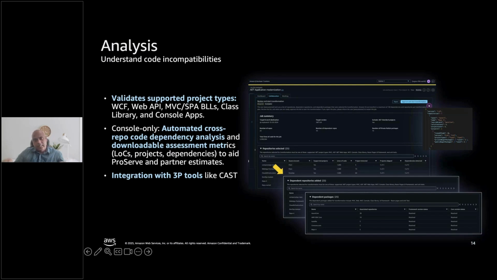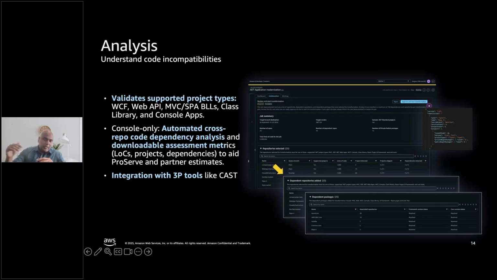So on the web experience, one of the key things that we are able to do is, because we are able to look across your entire portfolio, we are able to identify dependencies of projects across these repos, and we order them in the right strategic order so that we can transform them. What that means is, let's say there is a project in a separate repo, let's say repo A, and then there is a separate repo B, which has a different project. But this project in repo B depends on the project in repo A. We want to make sure that the repo A project gets transformed first so that we can refer to the transformed project right away in repo B.